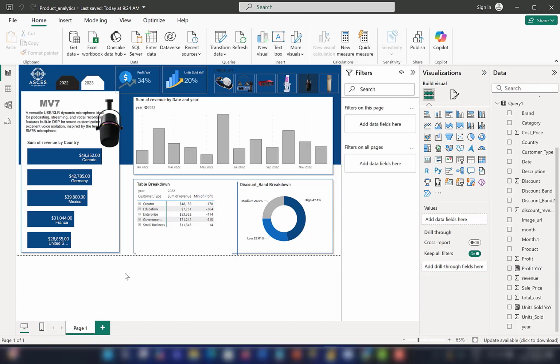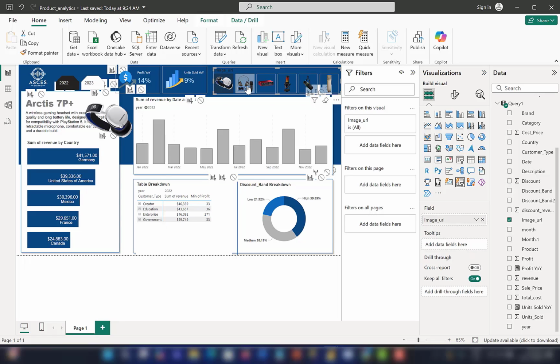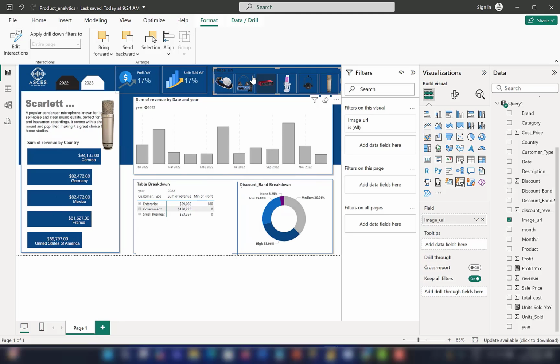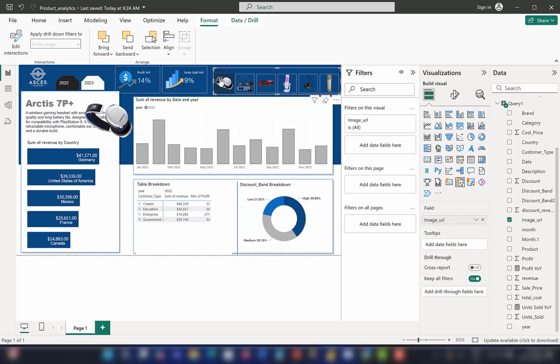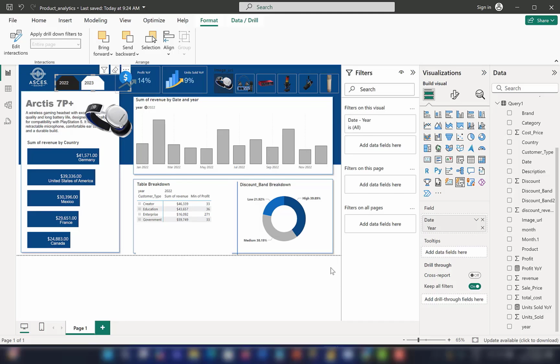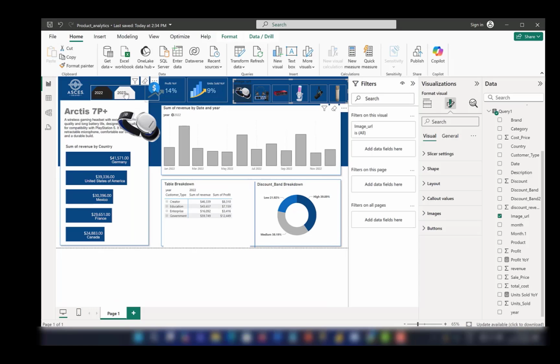Okay. So now we are having our profit year on year. Let's turn off edit interactions. And now we have this, and we want to make sure that this doesn't change that, and it doesn't. So now we are mostly done. Before we do our final cleanup of the dashboard,